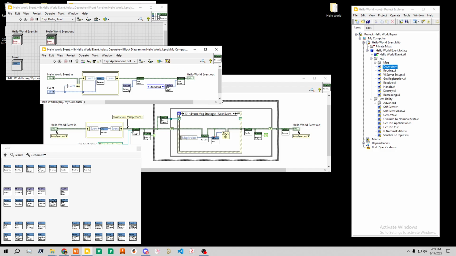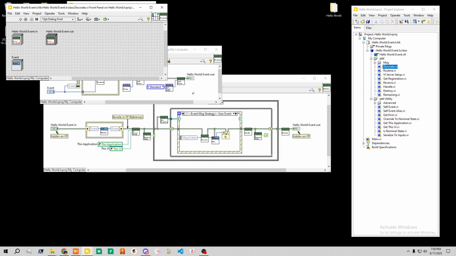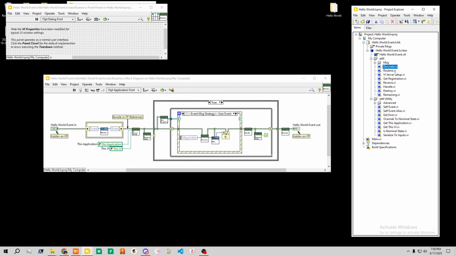So this is the sending setup to yourself. And you see it's done in line with the object wire. So after you send the setup message to yourself, you send the set panel state to yourself as a standard to display the panel. So let's decorate, that's the base functionality. And after decorate,